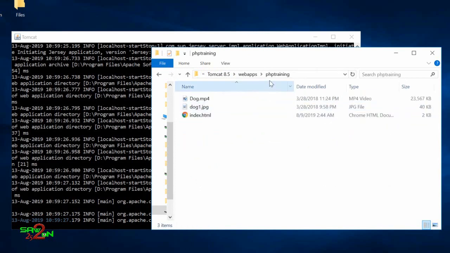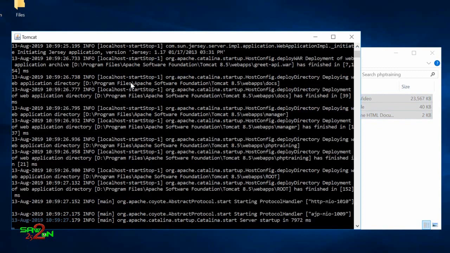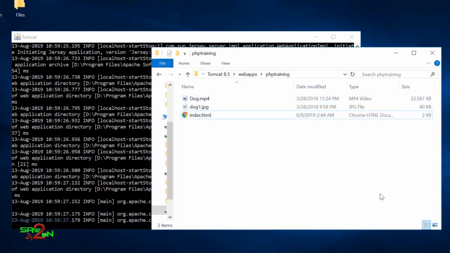When we try to access, we will provide this name, PHP training, and say we want to access these files. Then we'll see from the browser how Tomcat gets the request and sends the response to us, and how the HTTP protocol works in real time. We have learned about client-server technology, request and response, and we talked about HTTP. All these things we're going to see in real time.